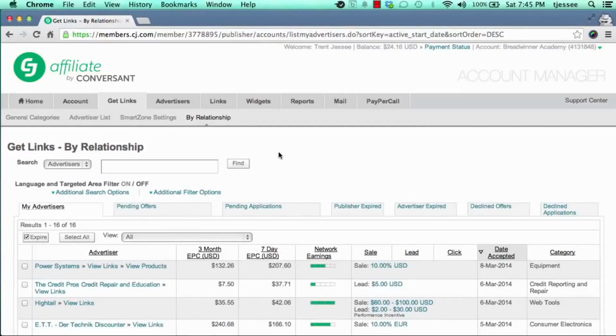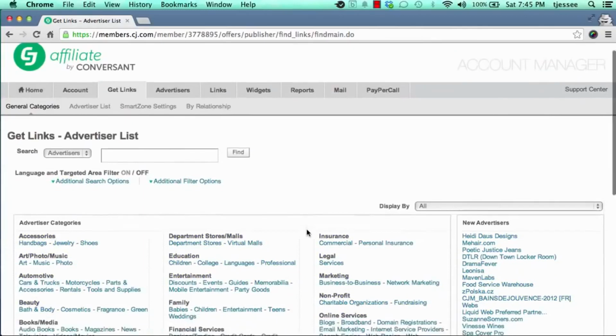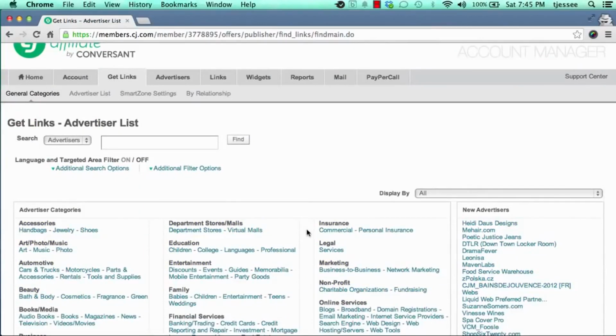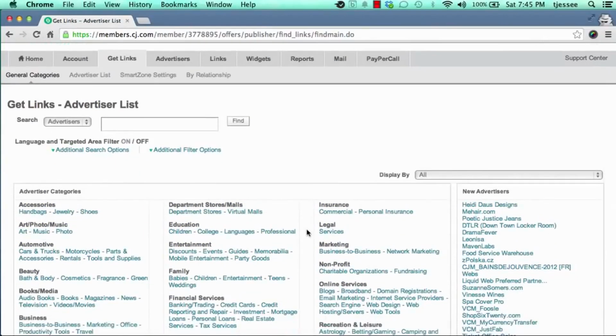Focusing on applying to your companies that you're interested in based upon your niche. Get accepted with all the companies that you're interested in, that you're excited about promoting, that you believe in, that you personally can recommend, and you'll do far better promoting companies that you believe in than ones that just pay you out well. Okay, there needs to be that combination. You need to believe in them, and they need to pay